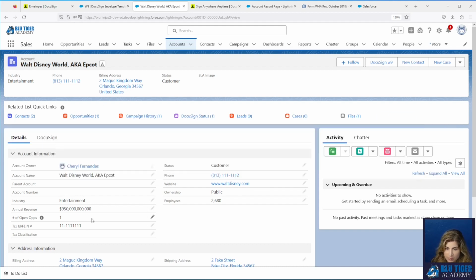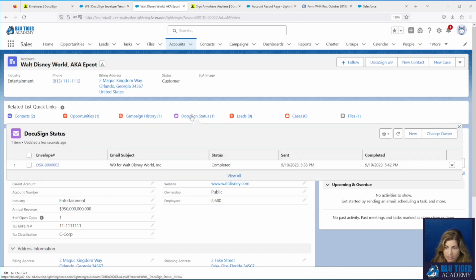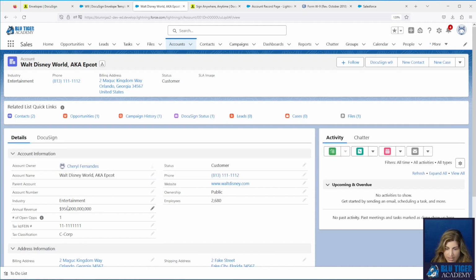So we can see that some of the data is already being changed. The tax classification is something that will come in last. So there we see that come in. It's kind of neat to see it happen live, because what happens is that the document fields write back, and then the DocuSign Connect runs, and then that puts our tax classification in. All of those are working.